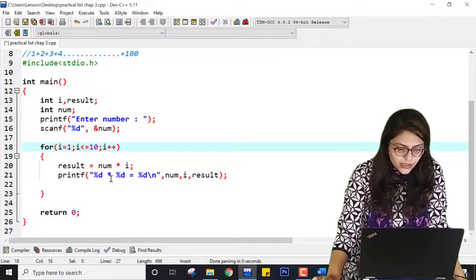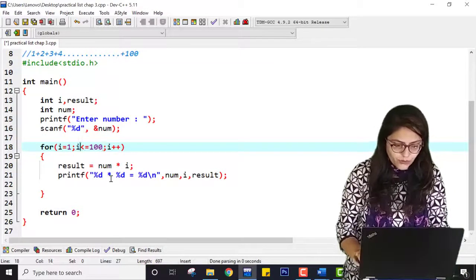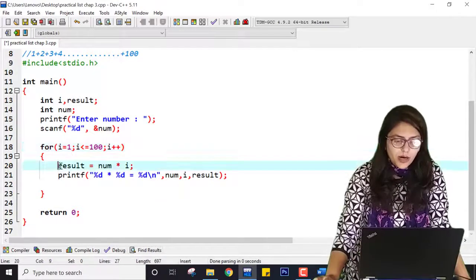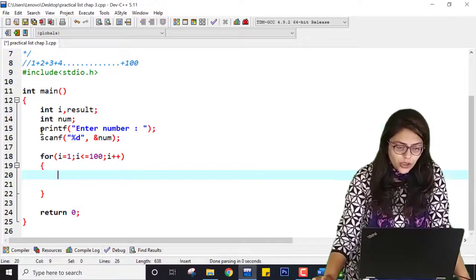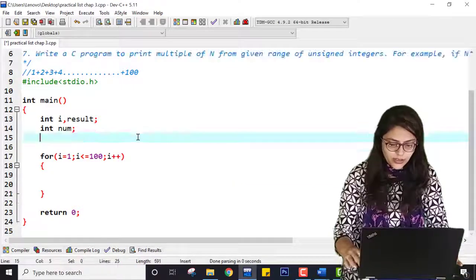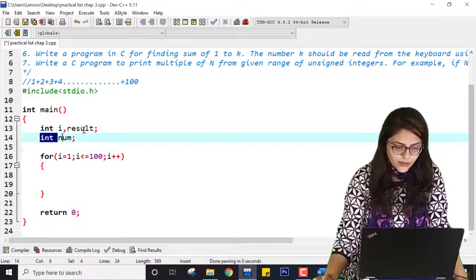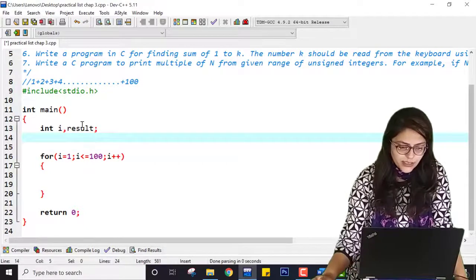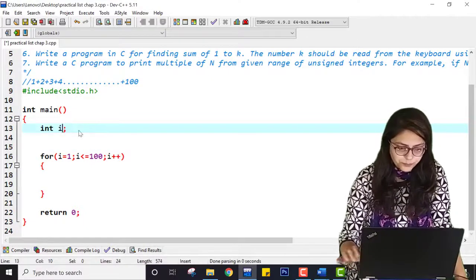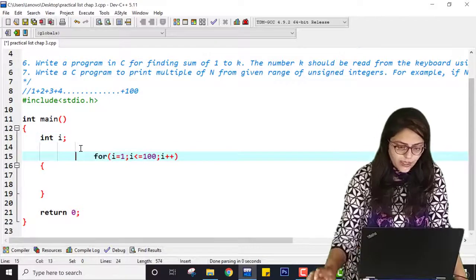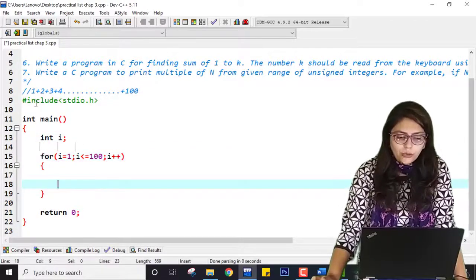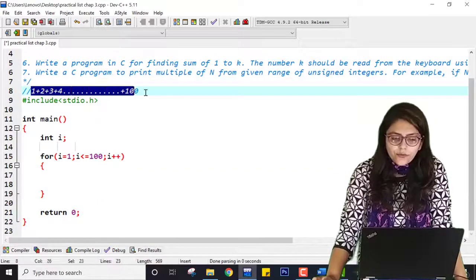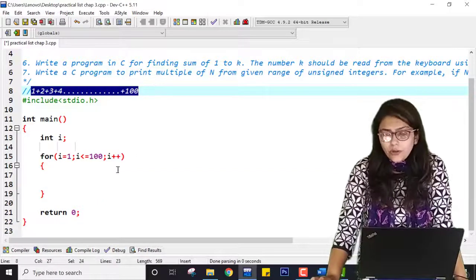So here in this loop I am going from 1 to 100, but I am not doing this thing. Okay, so let me just correct the logic. Also, I don't want this, so let me just erase everything. So I am erasing every extra code right now. I hope you are understanding what I am doing. So I am going from 1 to 100. Whenever you are seeing this kind of range, directly decide the value of i.